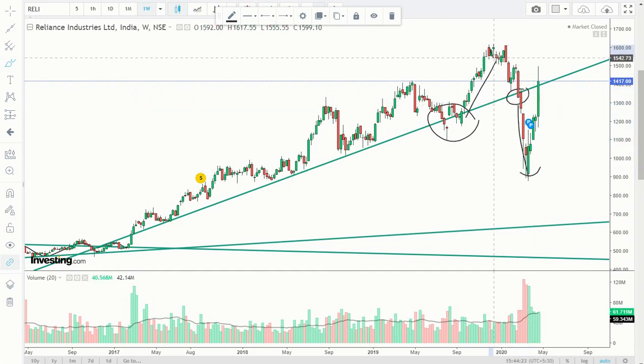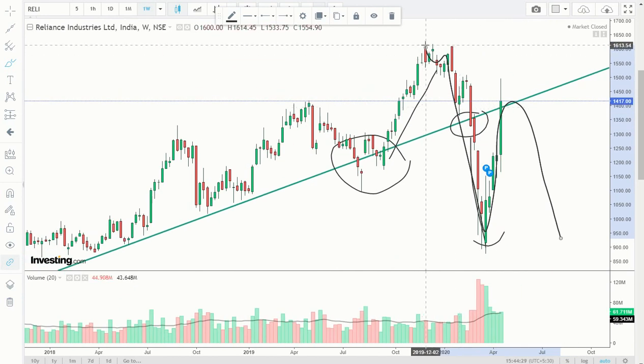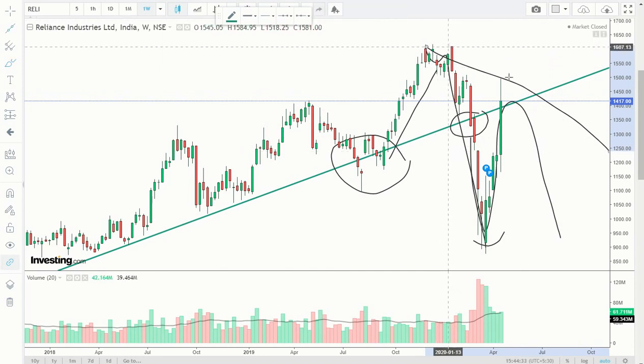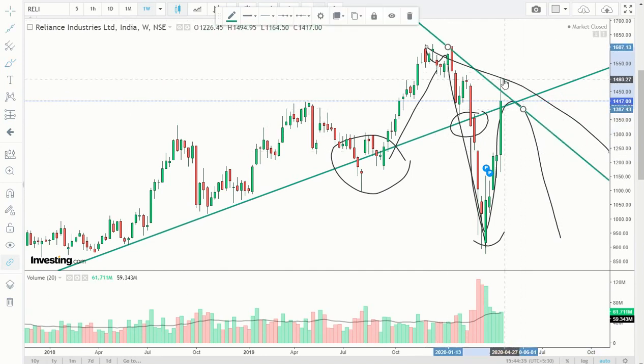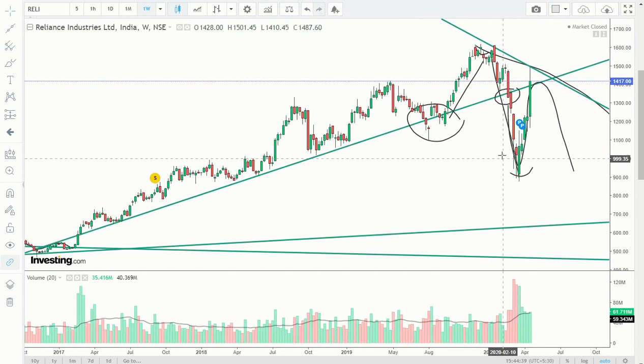Now what will happen is, prices will make somewhat of a fashion like this. So when prices make this fashion, you join the topmost points and you will get a trend line here. Suppose this is the top that it has made, you join this point and then you will get a downward-facing trend line here also. So this is how you do trend lines.